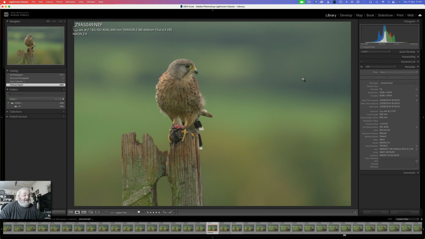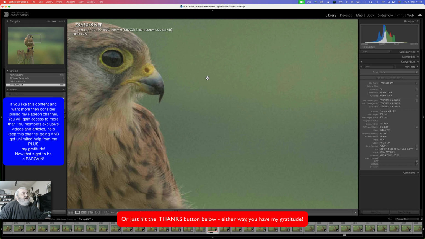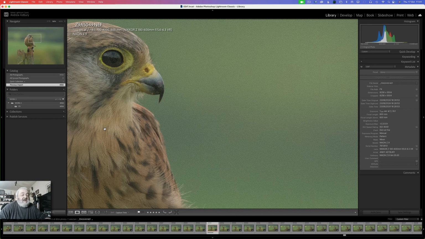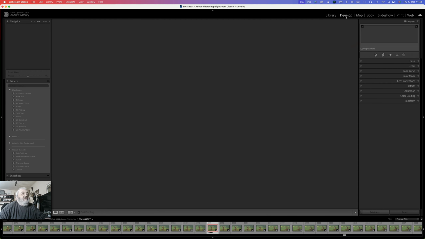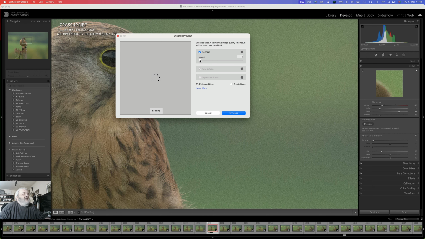All right, guys, here we go. We're in Lightroom, and I've got this Kestrel shot here, and it's shot at ISO 4000, with a Z9. It is what it is when we go into it at 100%. It's got a bit of noise on it. Now, for a long time now, we've been able to go to Develop, Detail and Denoise and just let this run, and then we get this